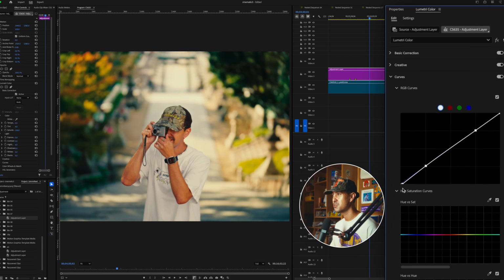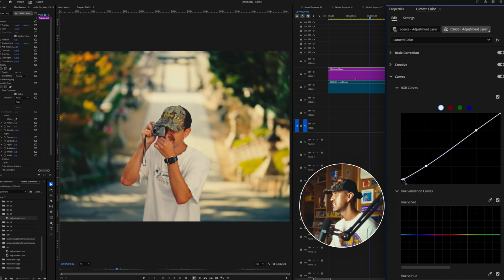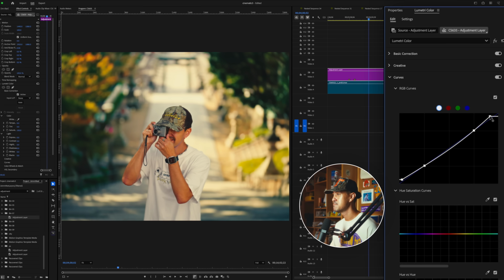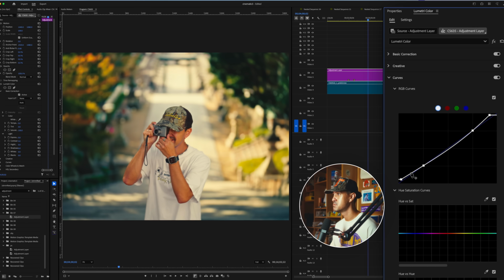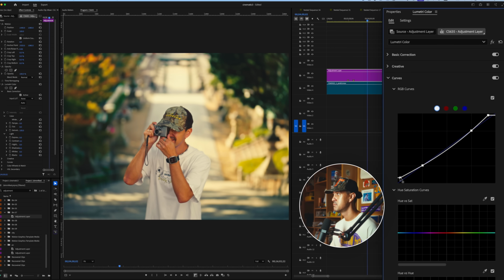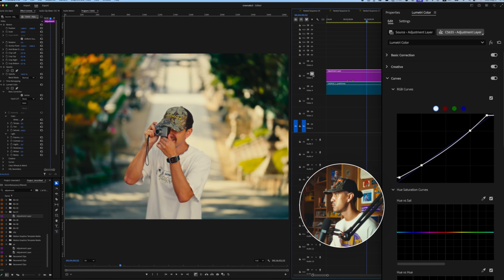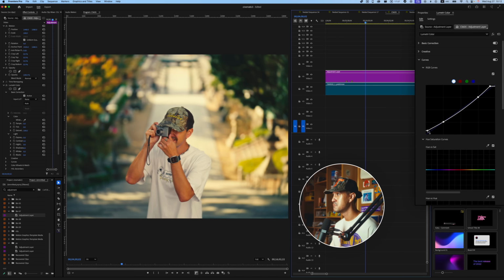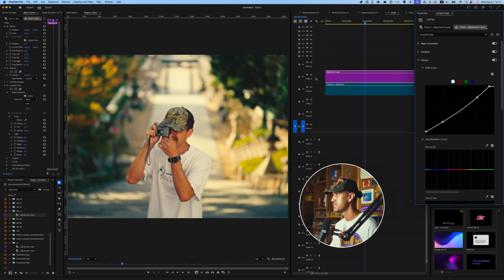Rather than just having crushed blacks, if you just lift these just a tad, and your highlights, I like to also bring these to the left just a little bit. Keep that contrast overall in your image, but just bring this up so it's a little bit faded. So you can go before and after here. We've already got a much more faded sort of vintage look, which you don't want to overdo, obviously,